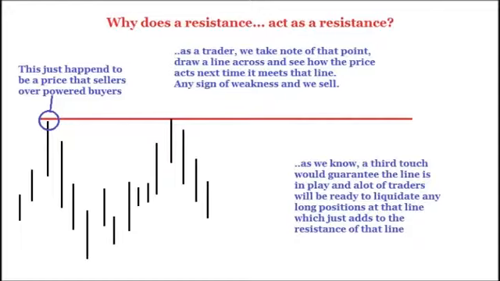So in this example, if you look at the last bar, if that started going a bit lower and then rallied up again, a third touch would absolutely guarantee that resistance. But it would be quite obvious to everyone that it's there. That's the reason why we have to be quite nimble with these sort of things, and there's an element of guessing. Unless you are a very conservative trader, then you would wait until a trend line has been confirmed